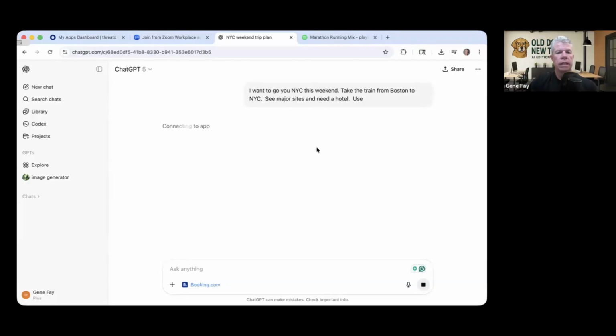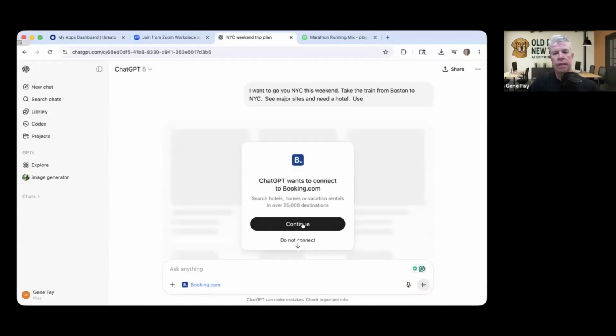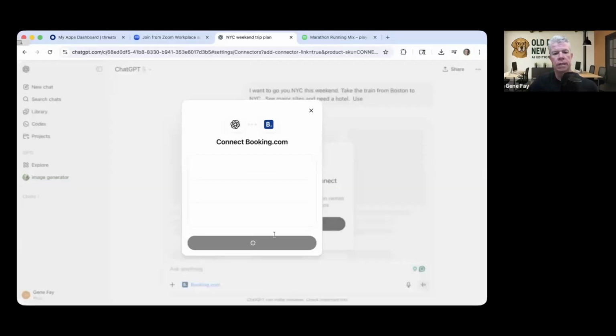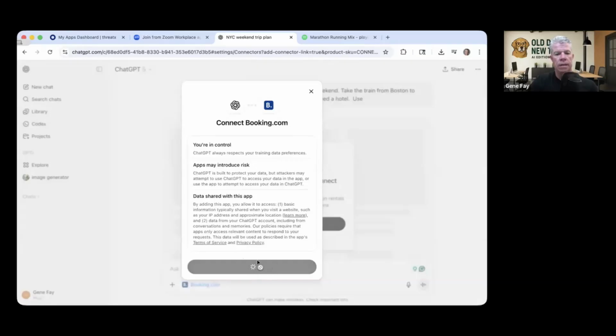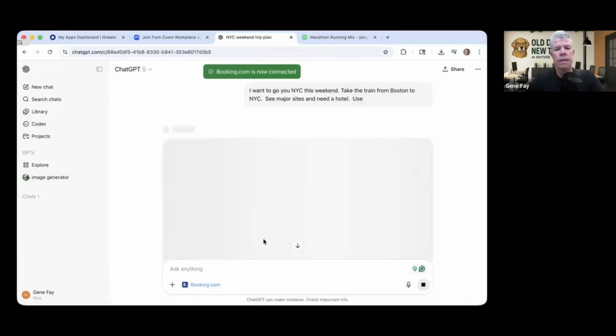So again, it'll go out, connect to the app. This works on your phone as well as your desktop. I'm doing this on the desktop because it's easier to record Zoom. But it's a pretty interesting way to think about how to use ChatGPT. So I'll go there. Again, there you go. I thought it was taking a little bit longer than it did last time, but not that bad. Now it'll go off and using bookings.com with not a lot of details, it will start to create an itinerary